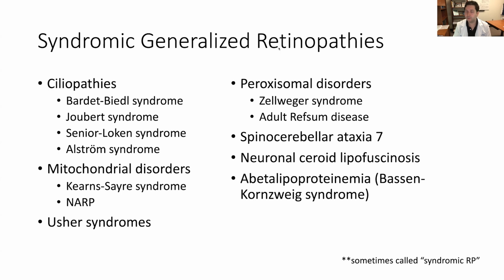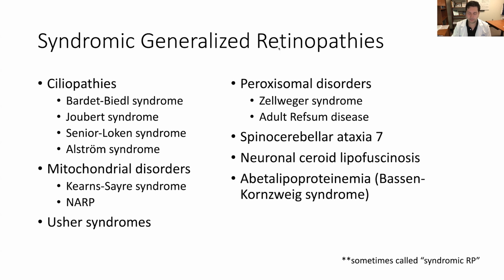the Kearns-Sayre syndrome, where patients can present with a pigmentary retinopathy, but also with problems in cardiac conduction, deficits in cardiac function. The Usher syndromes, of course, the classic syndromic retinitis pigmentosa that presents with RP and early onset hearing loss. Depending on the type, it could be stationary hearing loss with early onset sensory neural hearing loss, or progressive. Paroxysmal disorders, ataxia, the NCLs and A-beta lipoproteinemia. There's a wide variety of inherited genetic conditions that can present with something that looks like RP, but also with